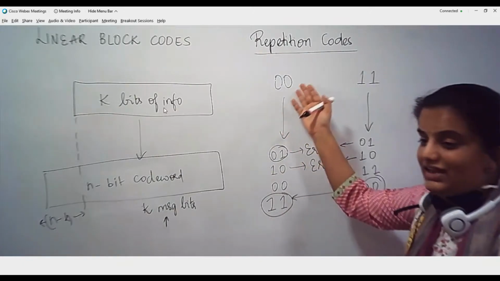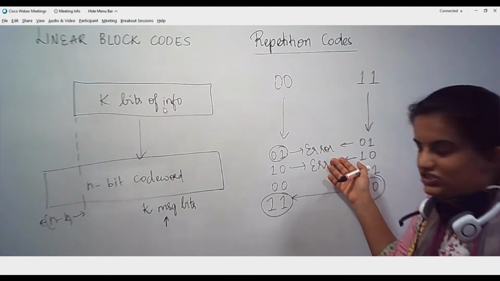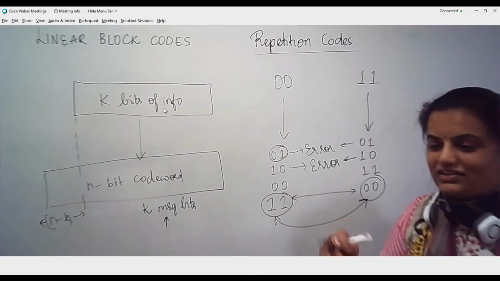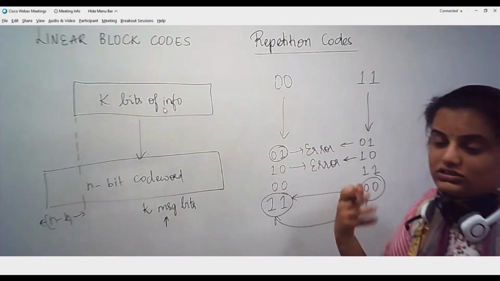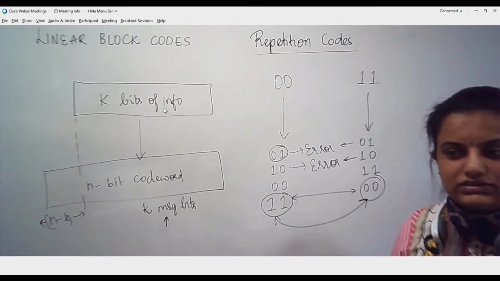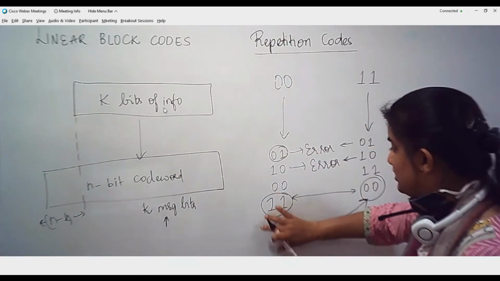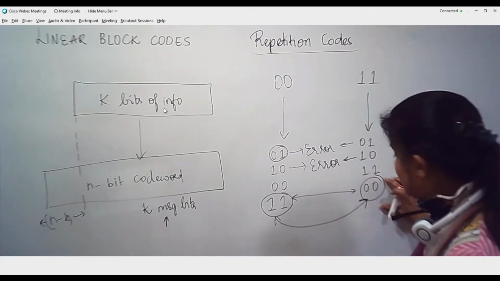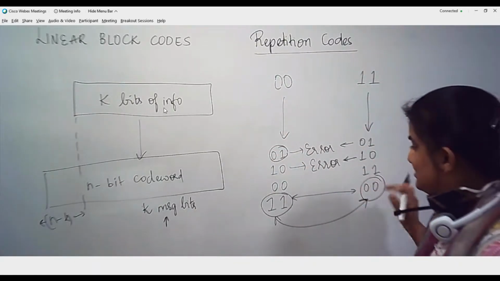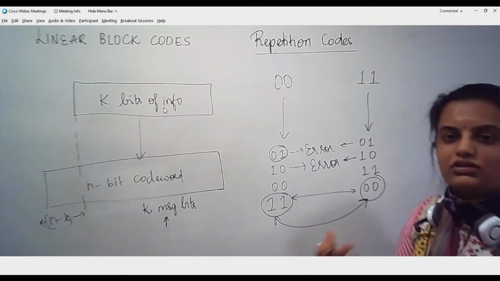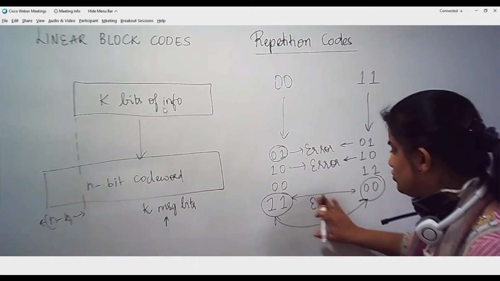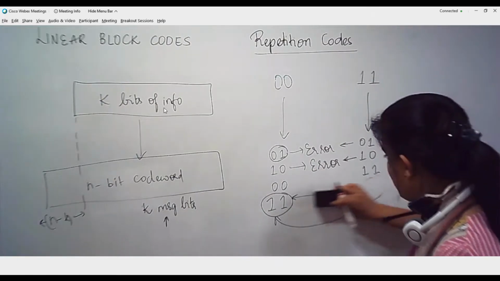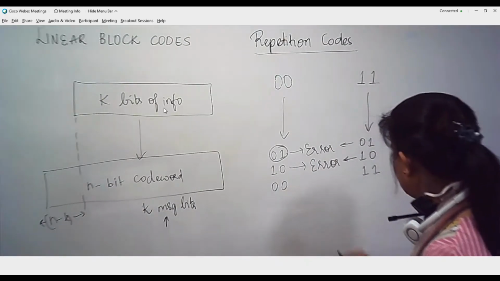Whenever an error occurs during transmission over a channel, if it ends up being a valid code word, then in no way can I detect or correct the errors, because this entire 00 is getting converted into 11, which is also a valid code word. Again, entire 11 is getting converted to 00, which is a valid code word. In such cases, I will not be able to detect or correct, because when the detection itself is not happening, there is no point in correcting, right? So in such cases I will not be able to verify the errors.